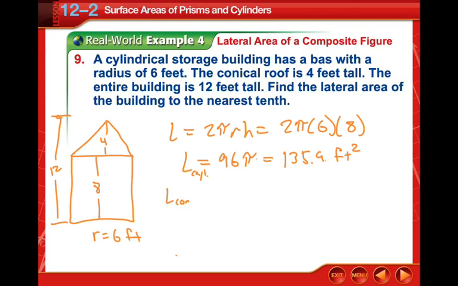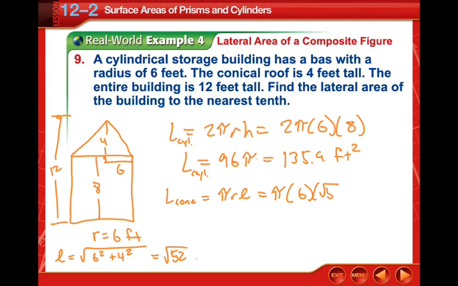For the cone, that's going to be pi r L, the slant height, which again we don't have. So we do need to find our slant height. So this part here is 6, 4, 6, and then our hypotenuse is what we're looking for. So that's going to be L equal to the square root of 6 squared plus 4 squared, which we did earlier was the square root of 52. So we'll leave it just like that. So pi times 6 times the square root of 52